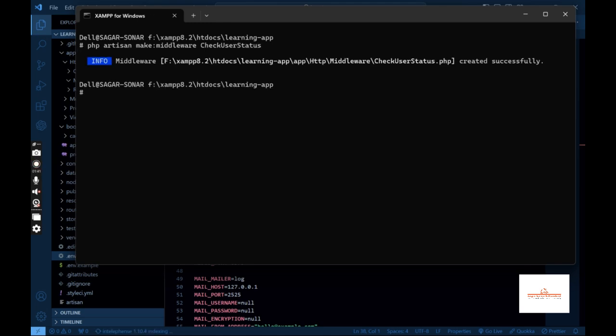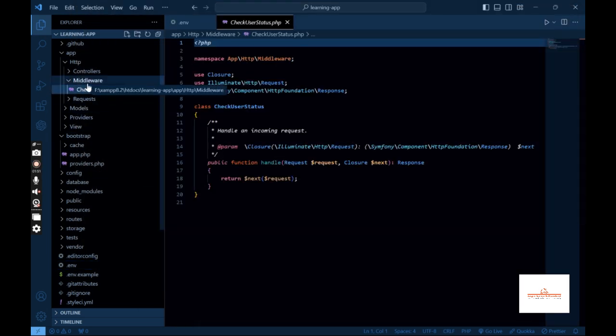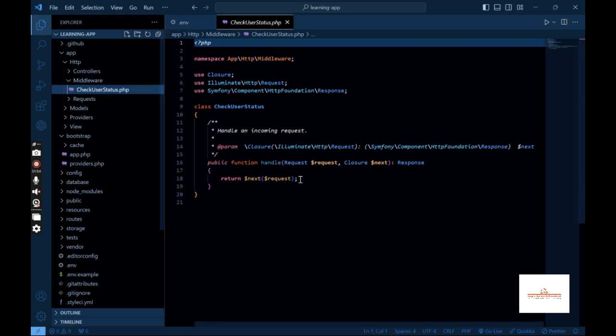So I am entering. Here it is creating a class file CheckUserStatus.php. It is inside the Middleware folder, and it looks something like